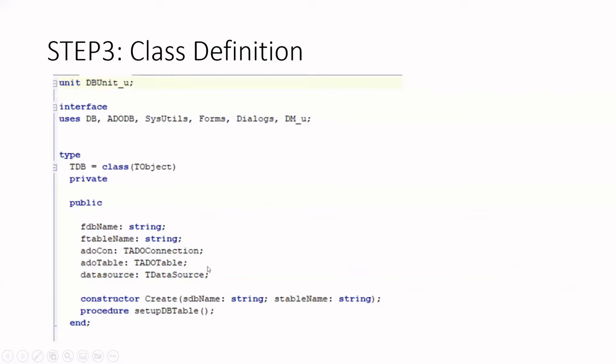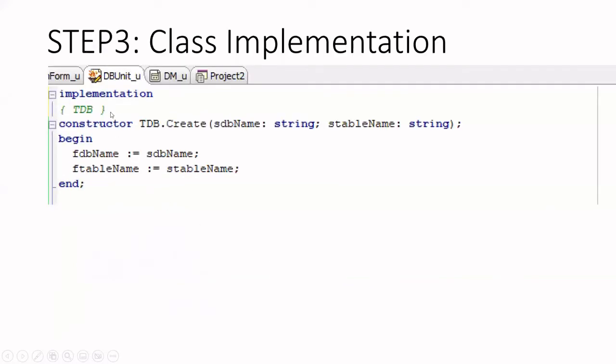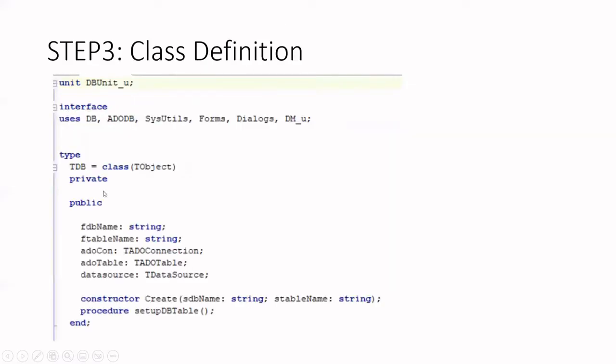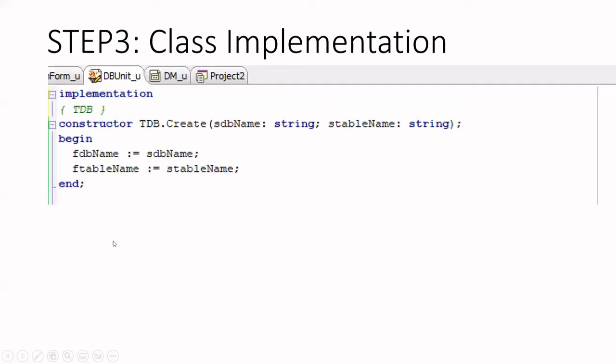This is the definition. Let's now jump into the implementation for the constructor and the procedure setup table. In the implementation, you can see there's the constructor with the two parameters, and these two parameters are being assigned to the attributes. You will notice that the attributes are fdb name and ftable name. Those attributes take on the names of the values that I'm bringing in as my parameters. So when I create my object, I'll send in these two names, and they will automatically assign them to my attributes,